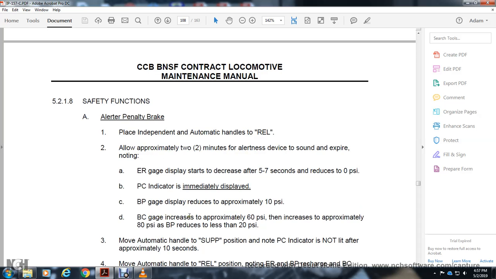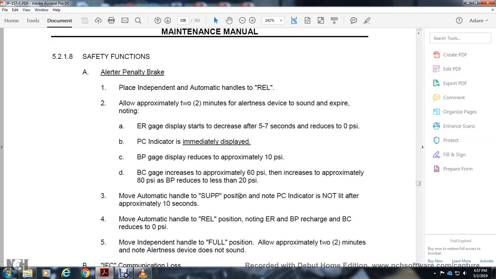The brake charge gauge increases to approximately 60 psi, and then approximately 80 psi, and the brake pressure reduces to less than 20 psi. Move the automatic handle to the suppression position, and the pneumatic control indicator lifts after approximately 10 seconds. Move the automatic handle to release. The equalizing reservoir and brake pipe pressure recharge, and the brake charge reduces to 0. Move the independent handle to the full position for approximately 2 minutes, and note that the alerter device does not